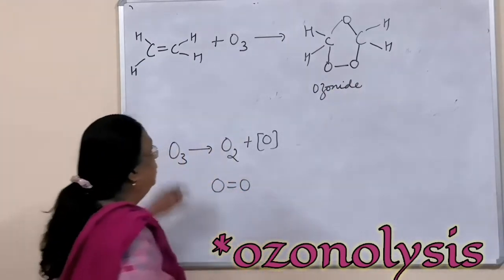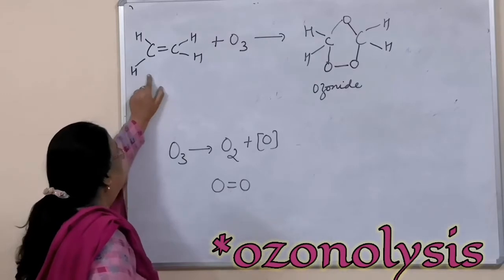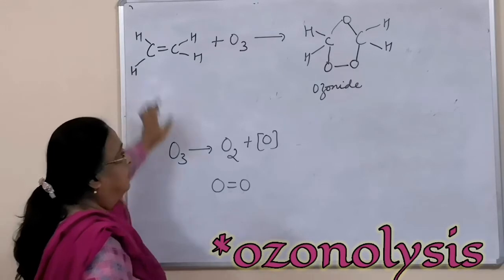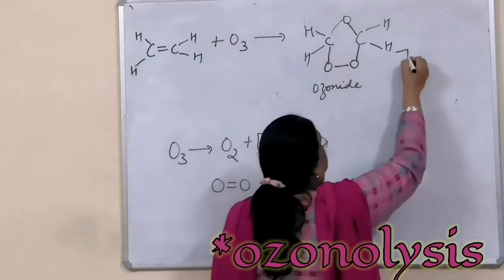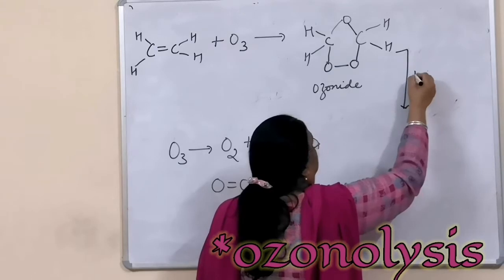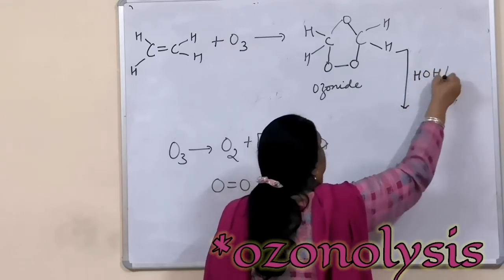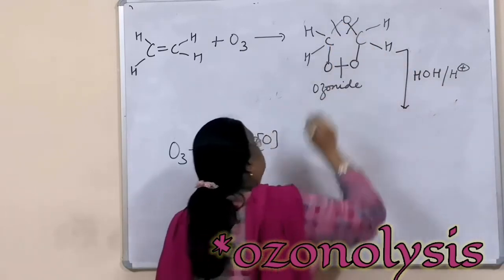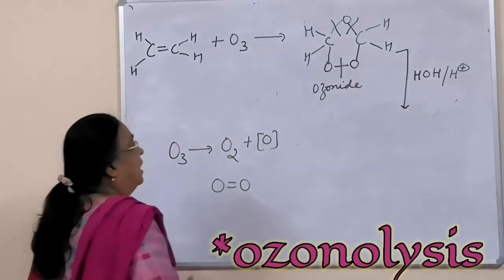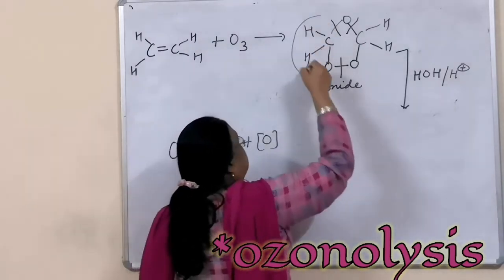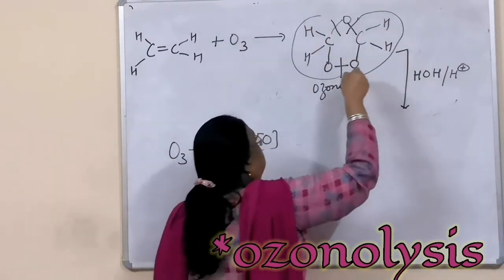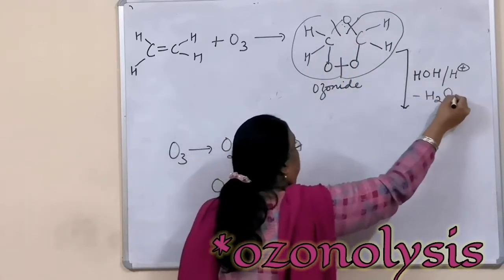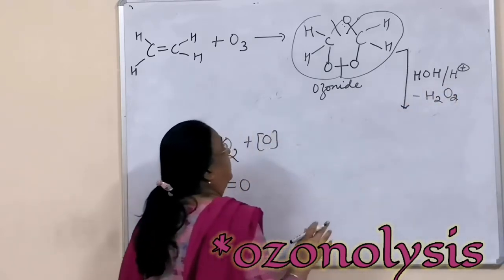So whichever alkene you have started, the ozonide of that. If it is ethylene, then ethylene ozonide. If propylene, then propylene ozonide. This is undergoing hydrolysis, acidic hydrolysis, reaction with water. Then the bond breaks from 3 places, 1, 2, 3 places. And so you can see we will have 3 pieces here, 1 piece this, 1 piece this, and 1 this. So this oxygen and water will form H2O2, hydrogen peroxide, that will be the byproduct.